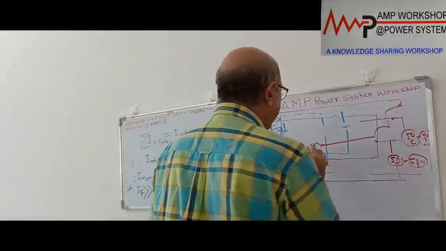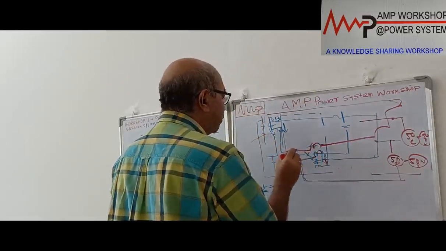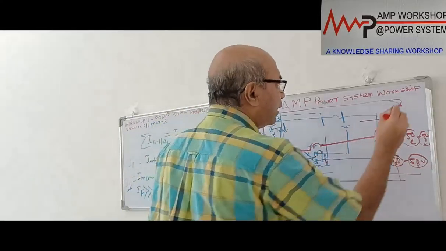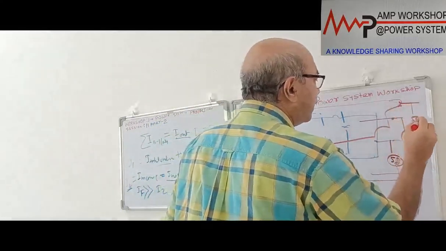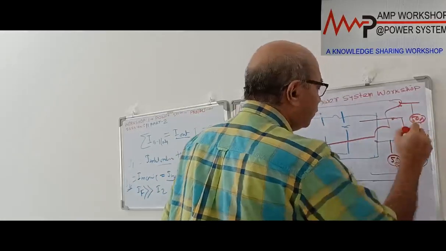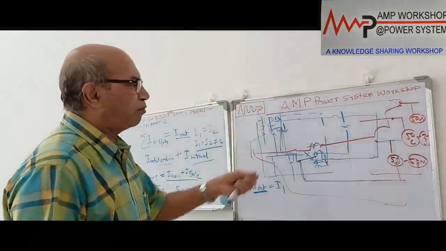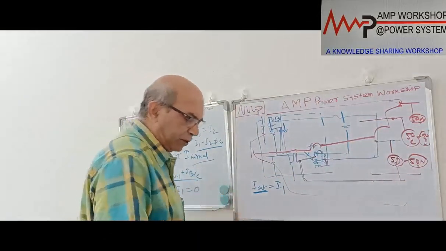It will be connected over here, and this another phase will be coming together, connected over here. Here we will connect another relay between these two, a 50A relay. Yeah, these two. This way, this relay will be provided. This is for one zone. So this is a partial differential scheme.